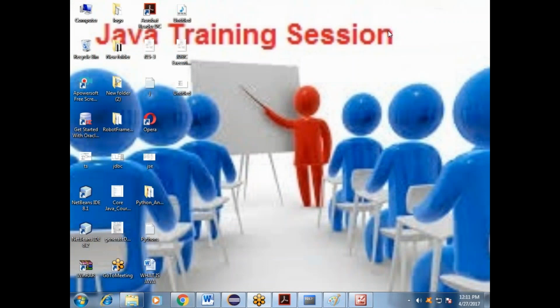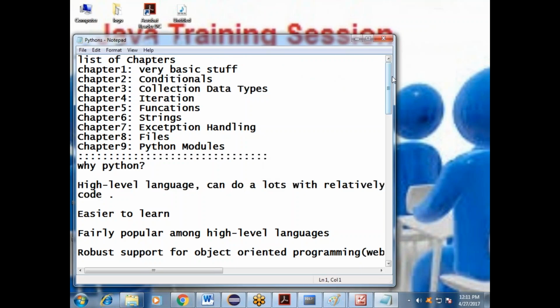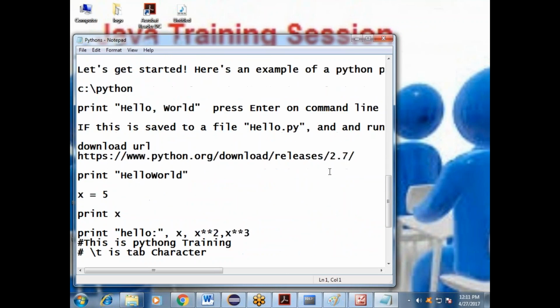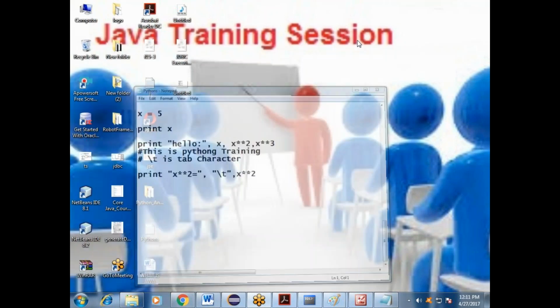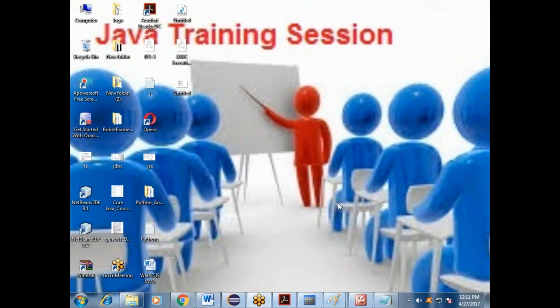Right now I have a plan. Python is also a very easy programming language. It will be proven very soon in the market. Right now I am also delivering Python: how Python works, what it does, what is inside it. I will come into the market very soon. Python is also one technique.